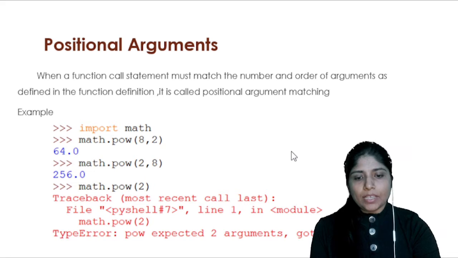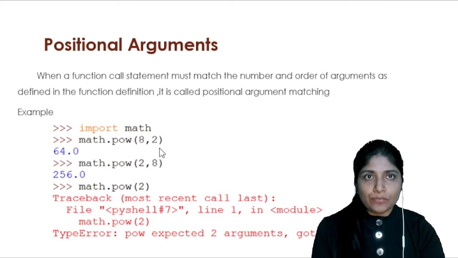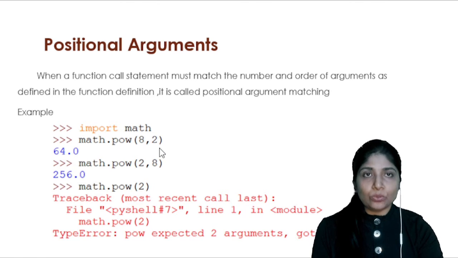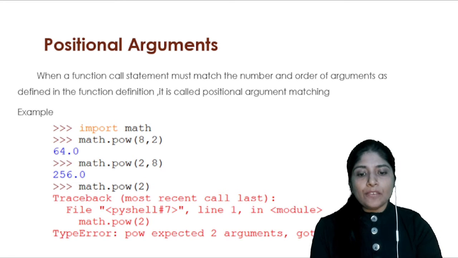For example, if you are passing two arguments to a power calculating function and you want to calculate 8 raised to 2, you must pass 8 first and then 2. If you want to calculate